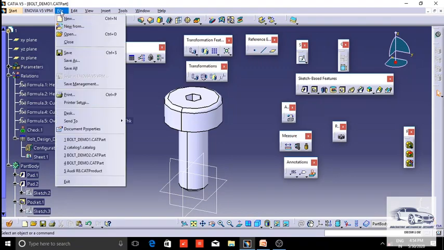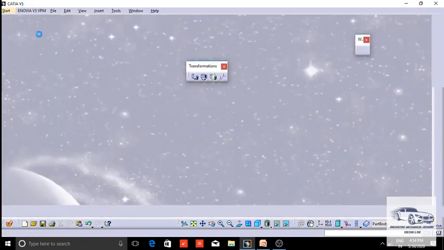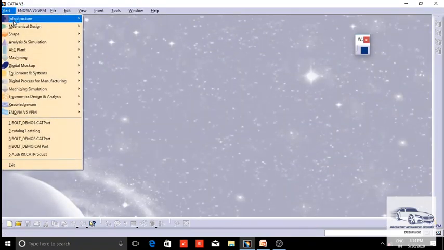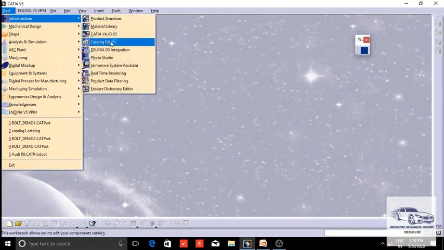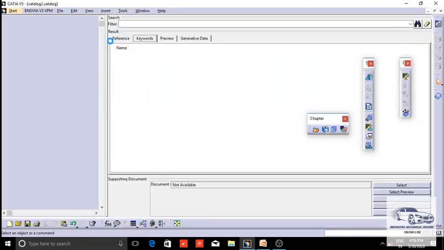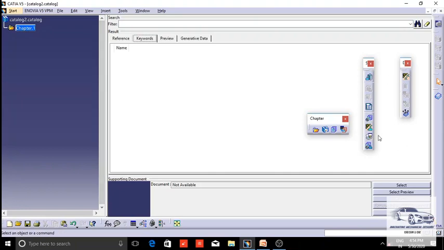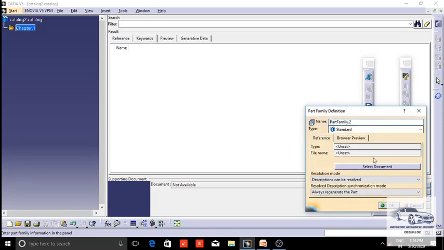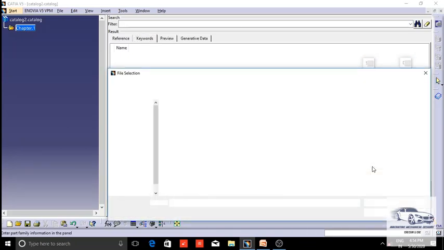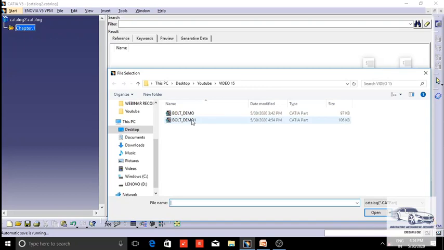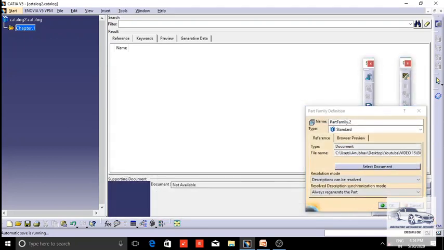So when this part is saved, just close the file and go to infrastructure catalog editor, and here in the chapter toolbar just go to add part family, select document and select your required part. So this is my part.